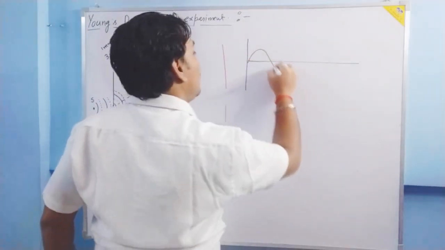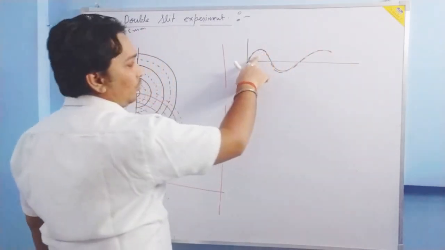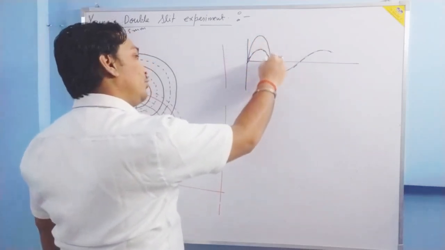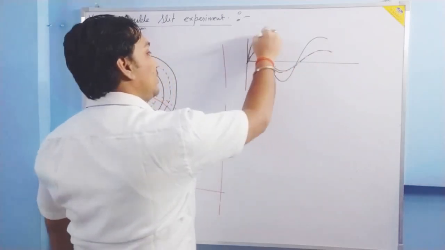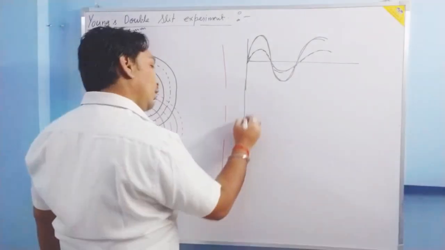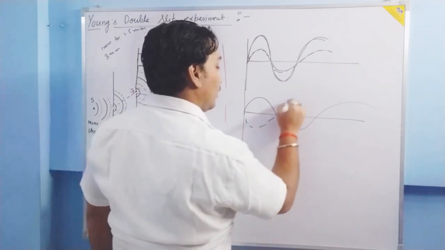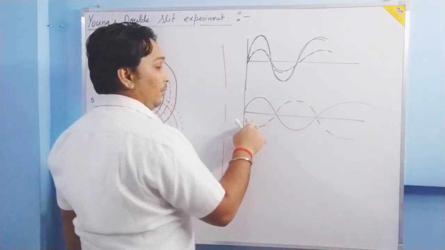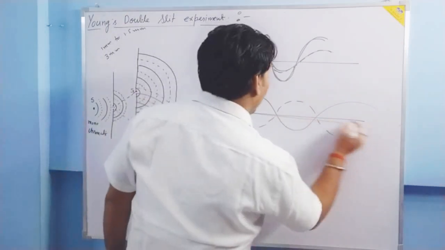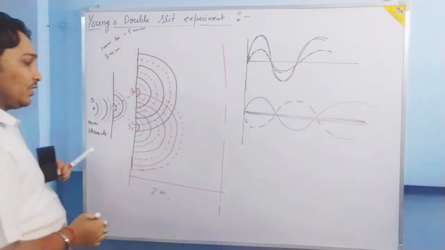When two waves superpose each other in such a manner, their crust and trough, crust are superposing, trough are superposing, then this displacement is added according to the principle of superposition. The resultant wave will be like this, as we have discussed in the last lecture. But what happens when two waves are meeting each other in opposite phase? One wave is here, one wave is here. So whenever a crust and trough are meeting, then what happens? These displacements cancel and the resultant wave is like this. Means there is no amplitude. So here also happens the same thing.